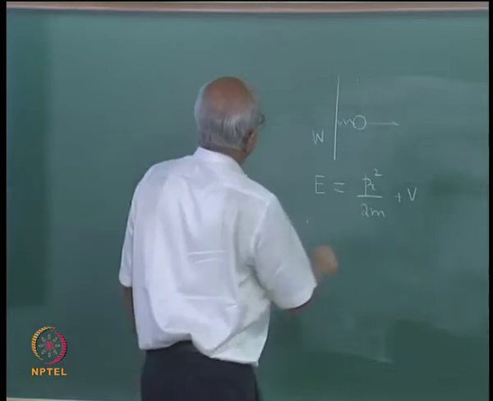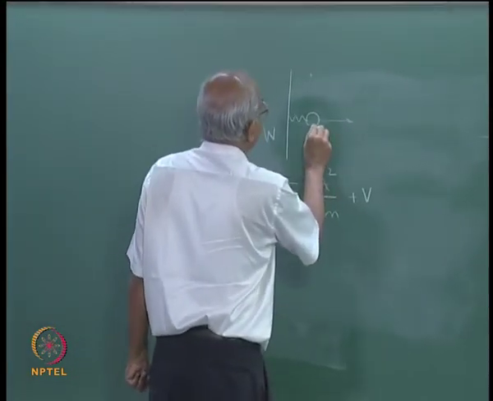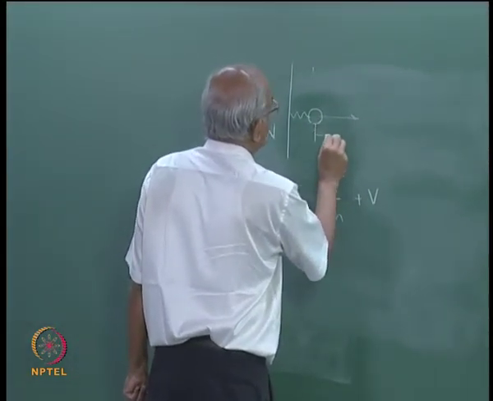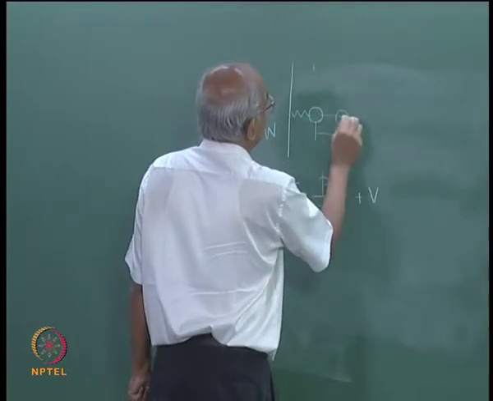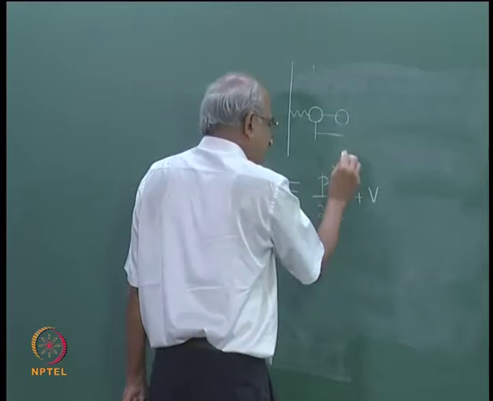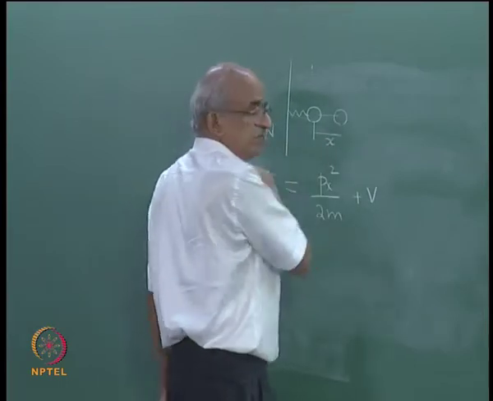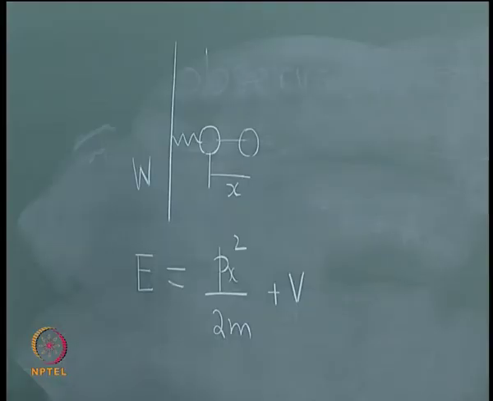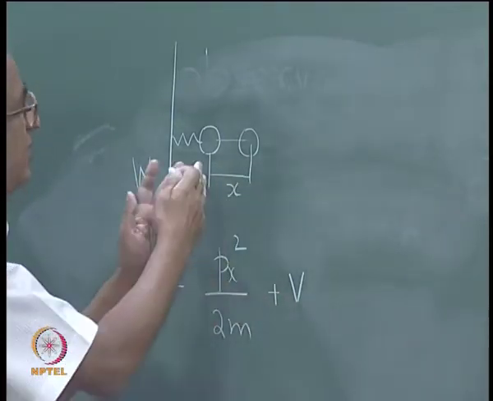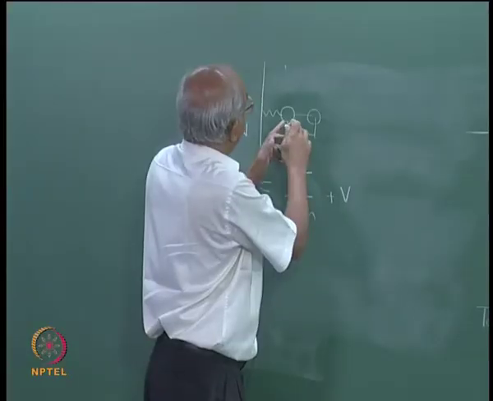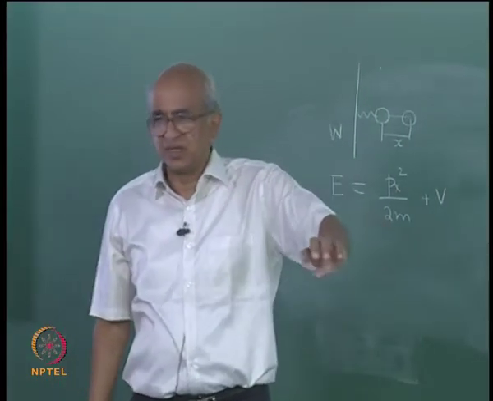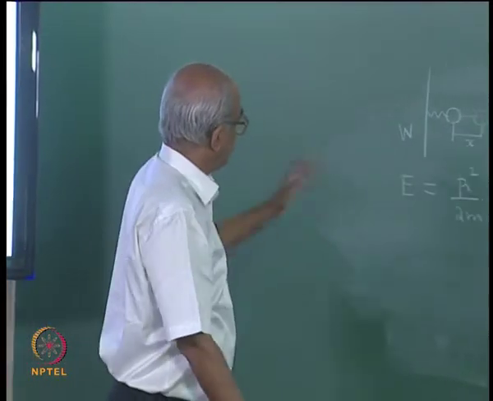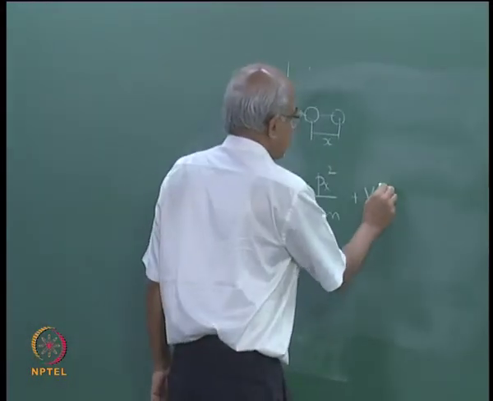So, if you denote the displacement of this atom from its equilibrium position by an amount x, then the potential energy of the particle will be dependent upon x. It will depend upon how much you have displaced the particle. So, you will have V which is a function of x,